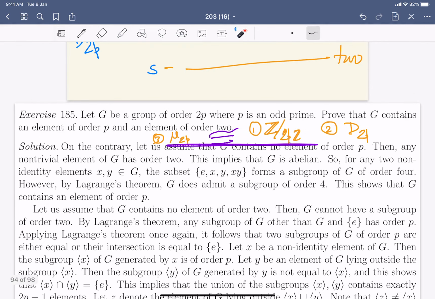It seems that it is easier to prove that it contains an element of order p. To do so we proceed via the method of contradiction. So we first assume that G contains no element of order p. Then if you look at any non-trivial element of G,